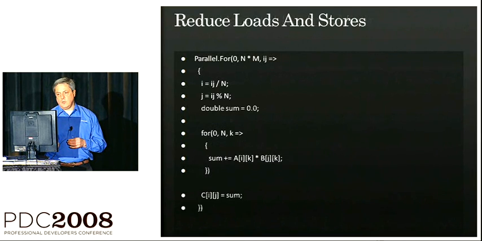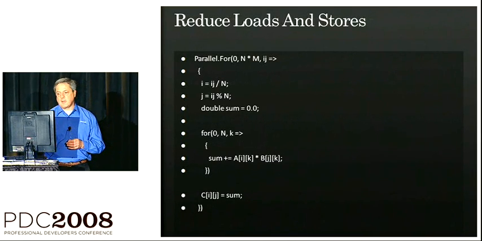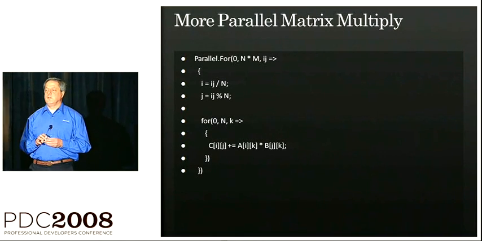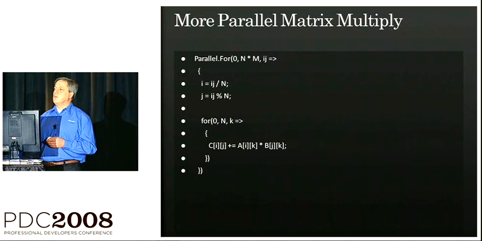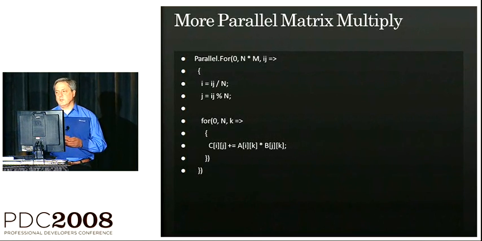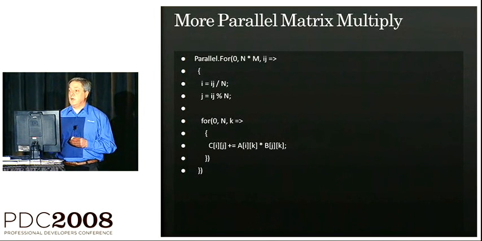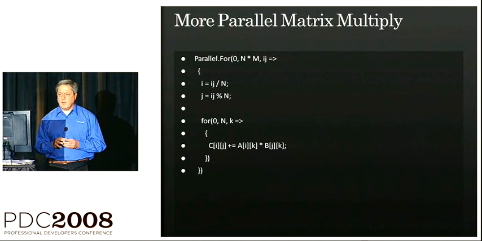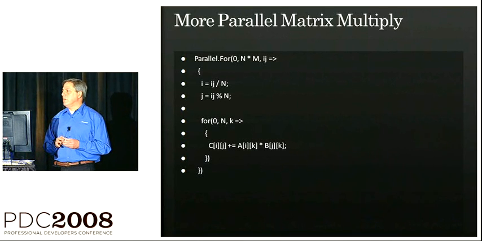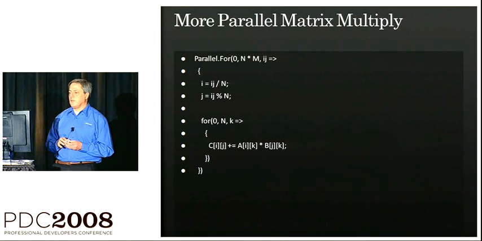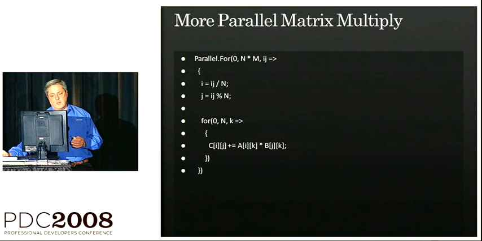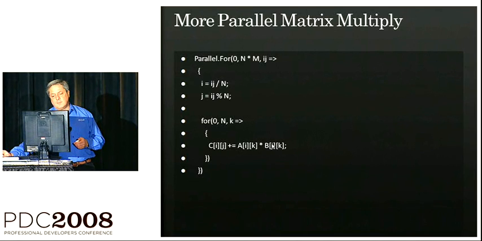Okay. There's one more complication. If I go back, one of the things you want to do, of course, is limit the number of loads and stores you're doing because those go across, first of all, a critical resource in the machine, which is the network bandwidth, but also over the slow link in the machine. Networks, data networks, memory networks are very slow. Processors are very fast, and so you want to stay in the processor as much as possible when you're writing parallel code. And in the innermost part of this loop, for every multiplication I'm doing, I'm basically adding into the